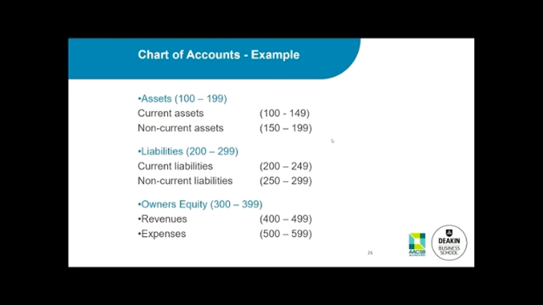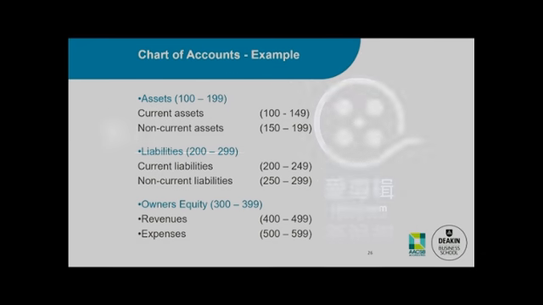So if we have more, then obviously we should have a greater number of accounts. Maybe we'll have assets from 1 to 300 or whatever it might be. So then we do our liabilities, and again we're assuming that we've only